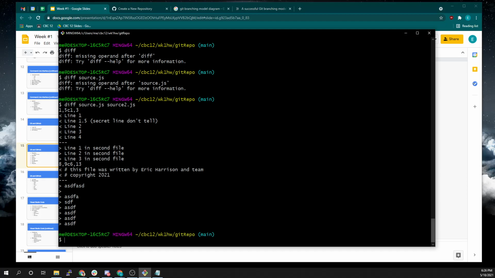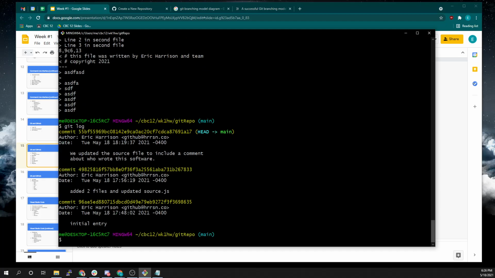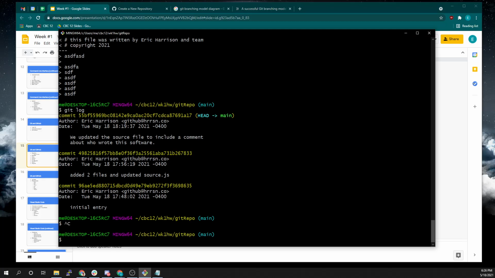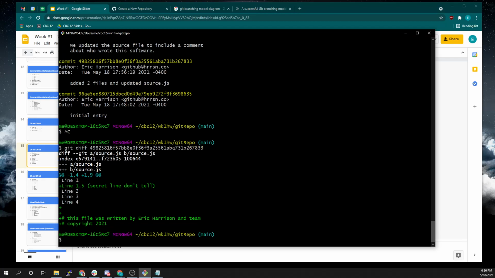The other thing we can do with git diff, if we go to git log, remember we were talking about these commit strings? We can diff other versions. And the cool thing about these numbers is they're so unique, you don't have to copy the whole thing. If I copy this whole thing, and I do Control-C, paste, you see I got the whole string in there. If I go up here at the front, and I do git diff this, I'm going to see a whole bunch of extra changes. So this was the version of the software up here, commit 48982, before we even included